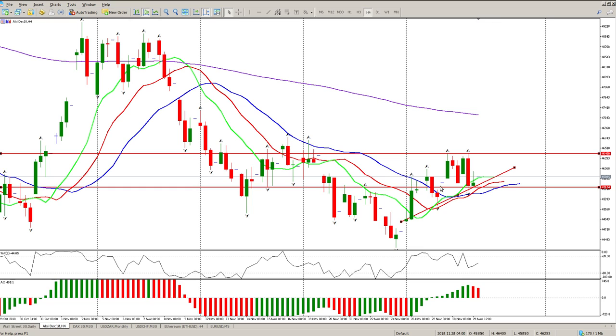Nothing really on the 4 hour. You can see big up, big down, big up, big down, so pretty much indecisive over the last 2 days. I think the critical factor here is we are above the zero on the awesome oscillator. That does indicate that the trend may have changed, and we also are still above the alligator. So for now the trend is still up.